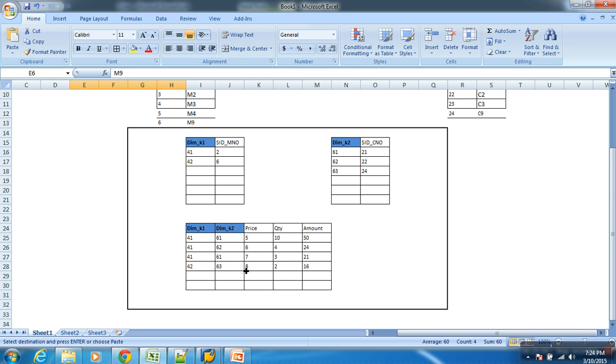But when it comes to the cube, it will be adding records. It will not be overwriting. Same customer, same material, it might perform n number of transactions, but it will still add them as new records. It doesn't understand that as a duplicate record, because the same customer can buy the same material n number of times. So logically we don't consider that as a duplicate record. So it will keep on adding the new data into the cube.